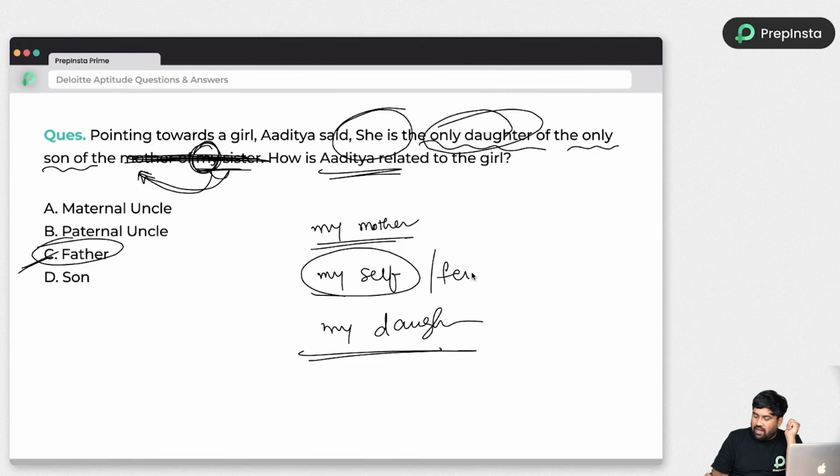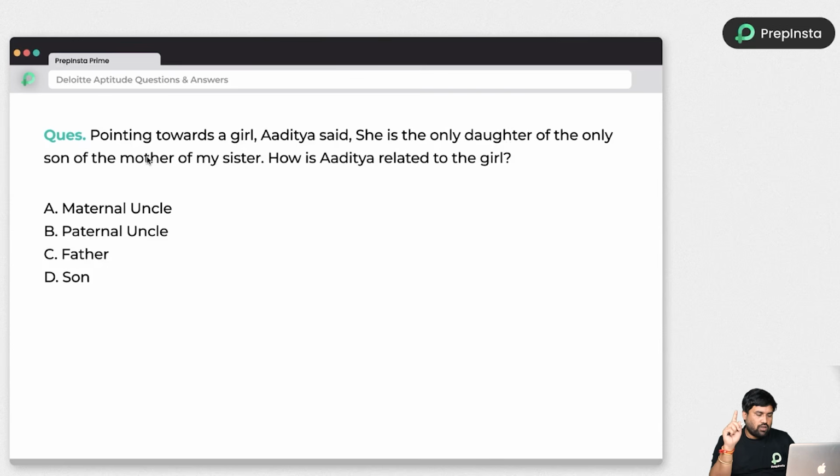Sir, why did you take Aditya as a male member? Why not female member? Because just look at here. My mother has only one son. That will be Aditya only, right? So this is how you can say why, because if they have more than one son, they will never say only son. So only son means one and only son. All the remaining will be maybe daughters or anything. So you need to have a keen look into the key points. Only son means one son. All the remaining may be daughters or nothing. But only one person is a male, that is Aditya. That's why I consider him as a male.